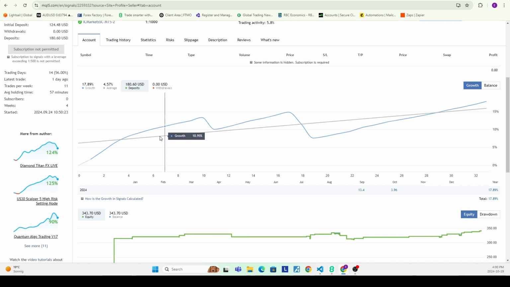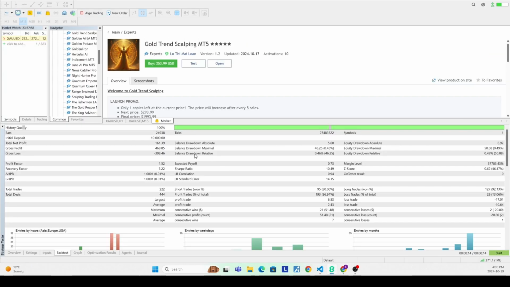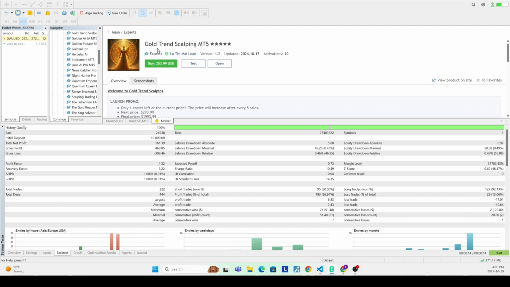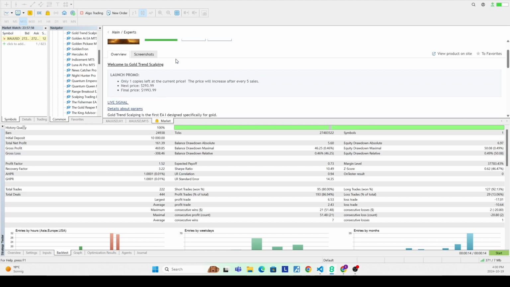The equity curve is not perfect, which means that this might very well be a legitimate system. And I know that this seller has made good expert advisors in the past, and this appears to be at least inspired from his previous versions. But before we see anything, we need to run a quick backtest in MT5. So I've taken the liberty of downloading a trial from the marketplace.